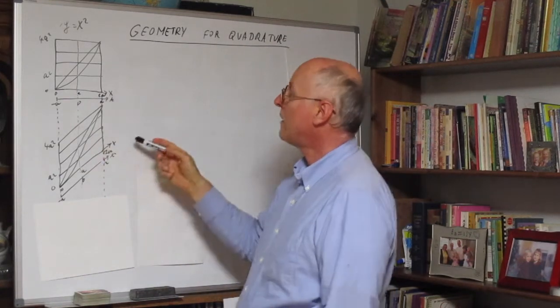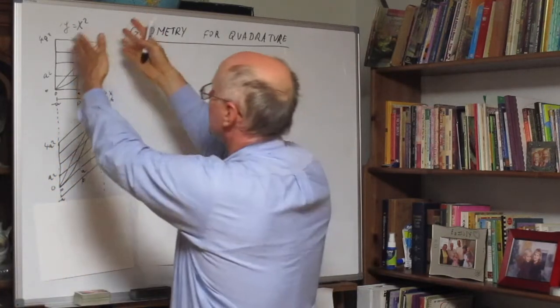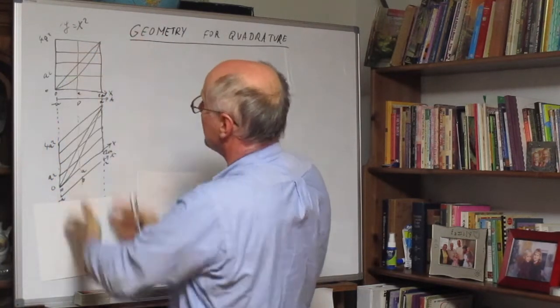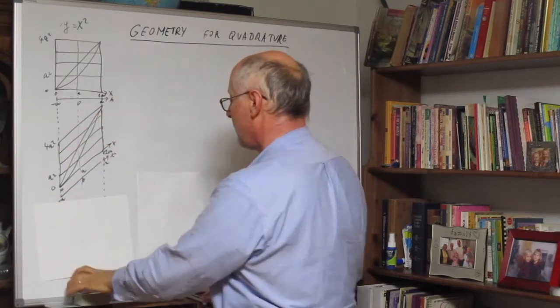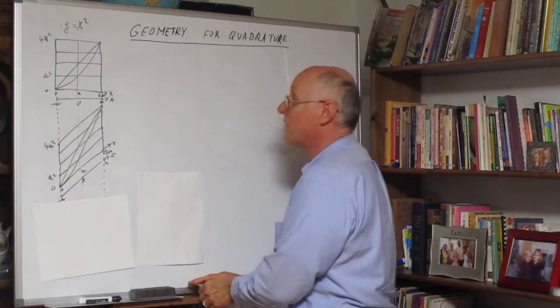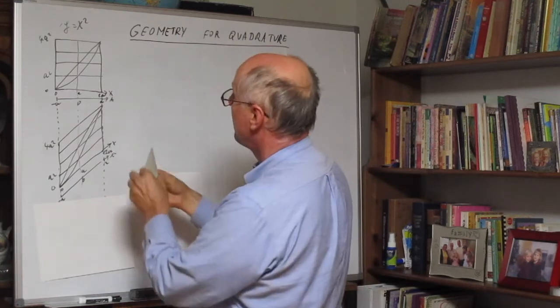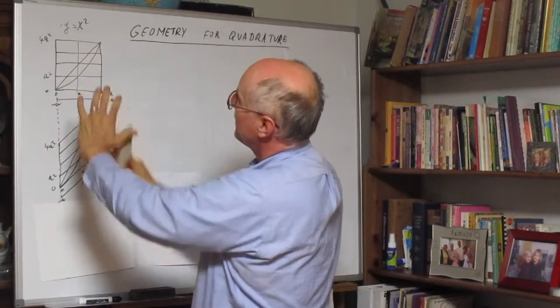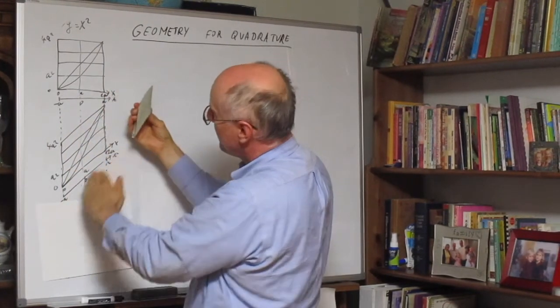Here we plotted it a little bit different way. Notice we're maintaining parallelism this way, but we're shifting things. Kind of like Cavalieri's principle, right? I've taken this top and I've just tweaked it,